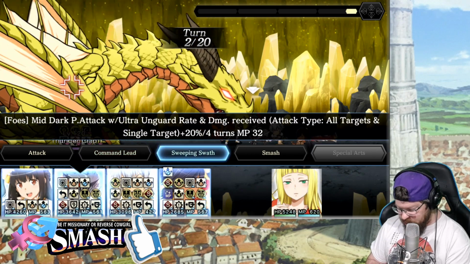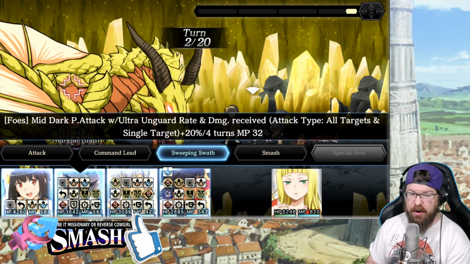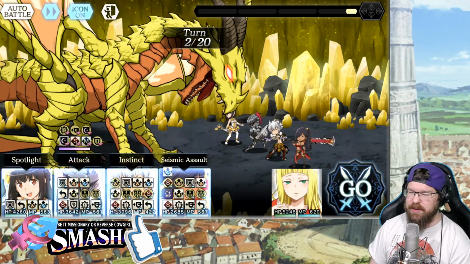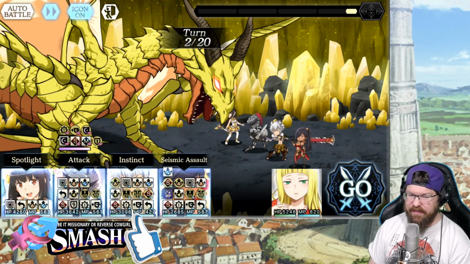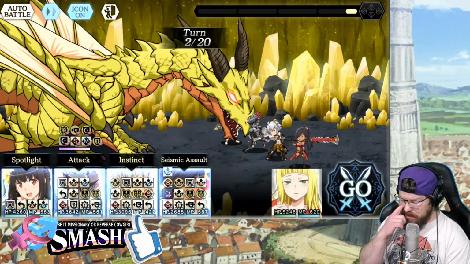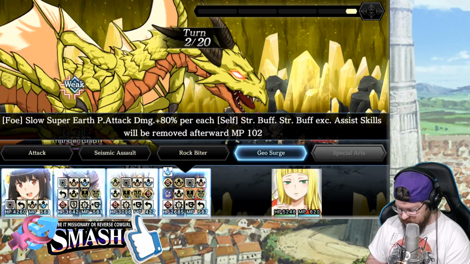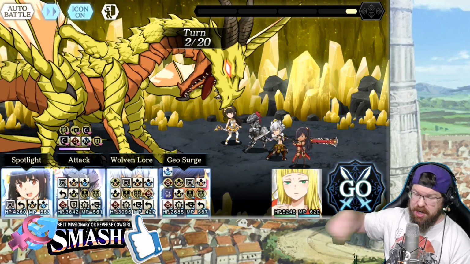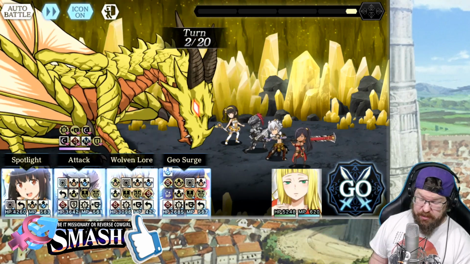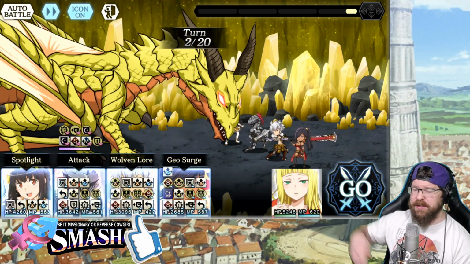Okay? Turn 2 with Goblin Slayer. Now, Goblin Slayer's second maneuver here is all target and single target 20%. We're not going to use that. We're going to use a base attack basically until we've got the buffs and stuff put in place that we need. So we're going to use that for now. And then we're going to do the debuff with Yuri, and we're going to do Geosurge with Aisha. Now, Aisha's going to spam Geosurge until she gets an SA, and then she's going to spam Geosurge again. The reason that we're going to do that is because Aisha,